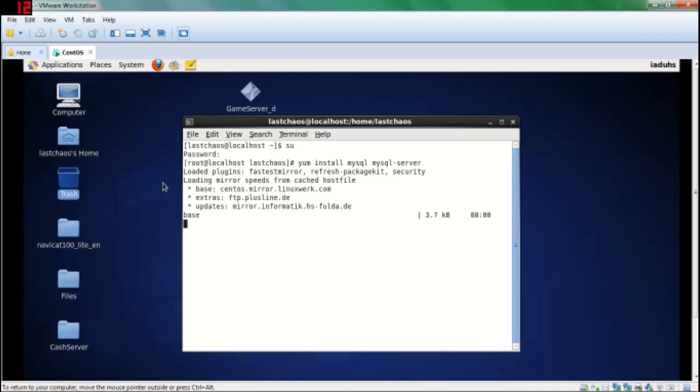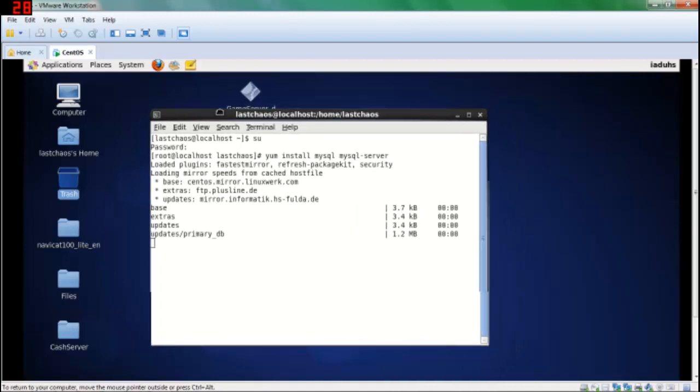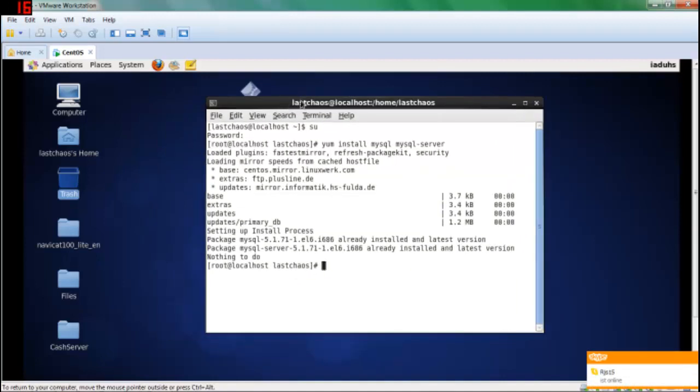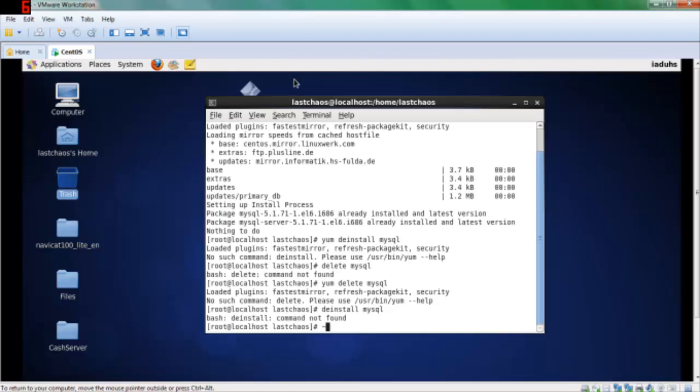It's kind of slow now. Okay, on my side it's saying nothing to do because I already installed it, so I deinstalled it again for the tutorial. That's why I'm doing this, and we'll see us in a few seconds. Sorry guys, I can't find the command for reinstalling